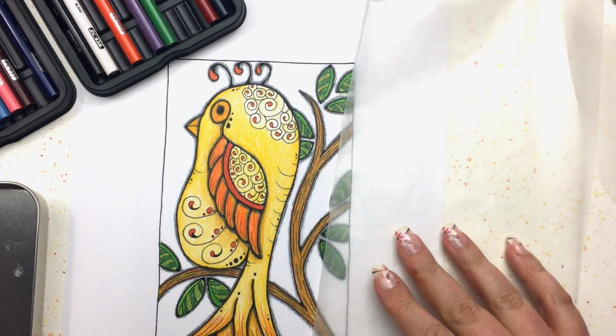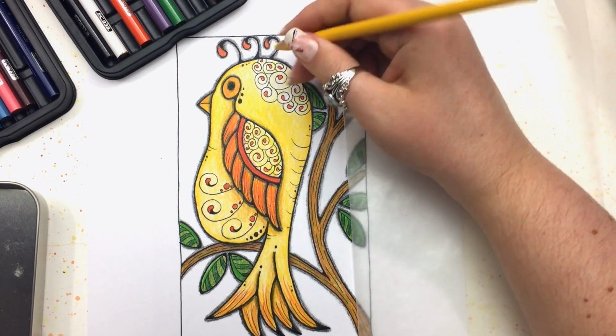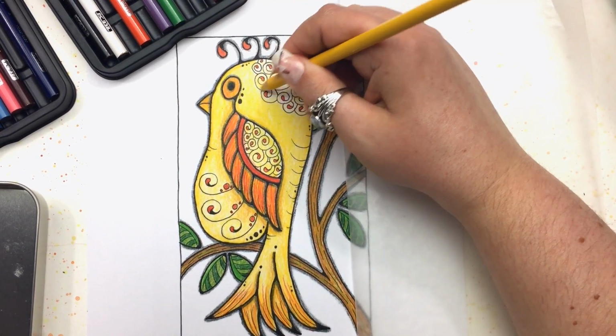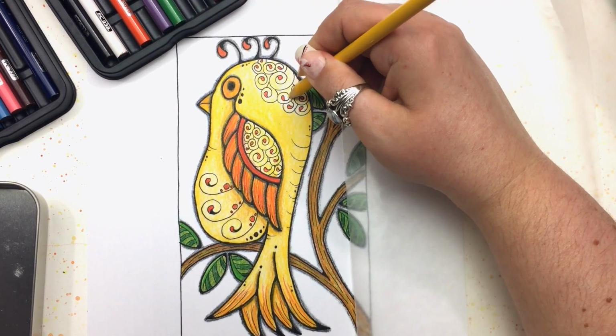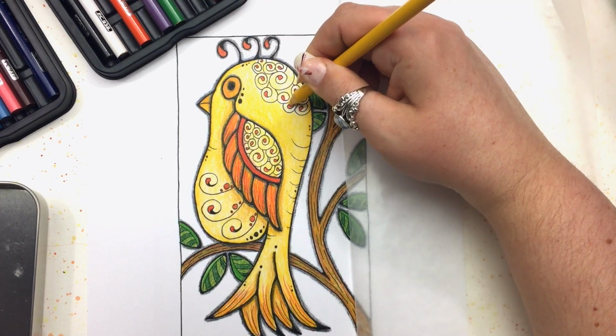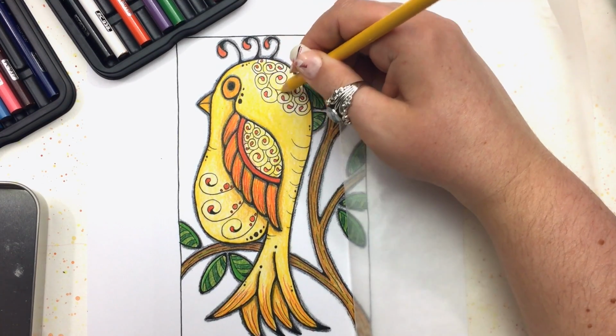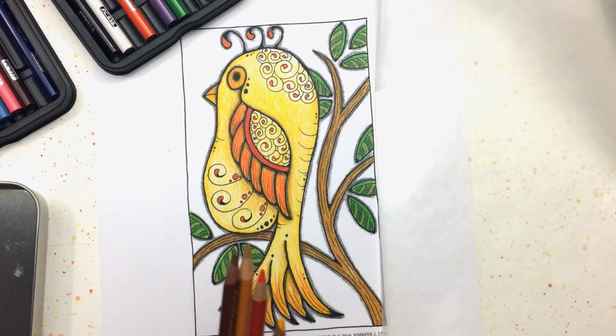Okay. Maybe just a little bit more bright yellow in here. In a few spots. Good. Okay, now we just have the background,